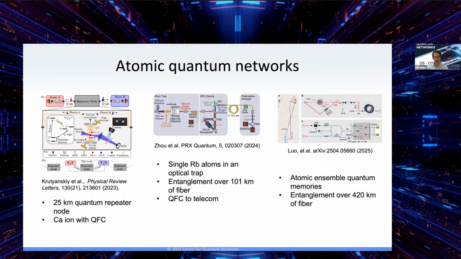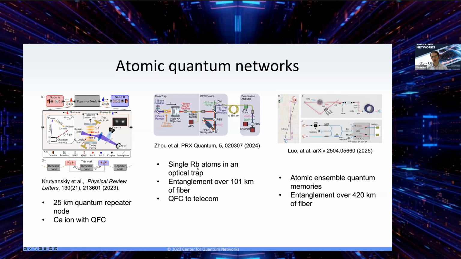Now, in the area of atomic quantum networks, things have progressed quite a bit further. A few years ago, there was a demonstration of a quantum repeater node between calcium ions over a 25 kilometer fiber loop. So already a single repeater node had been demonstrated using a fiber loop for the experiment. This was still done in the lab. However, a year and a half ago,